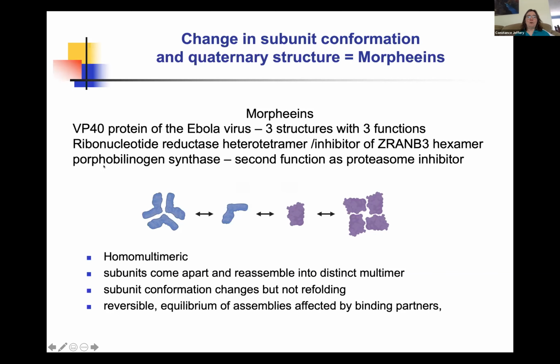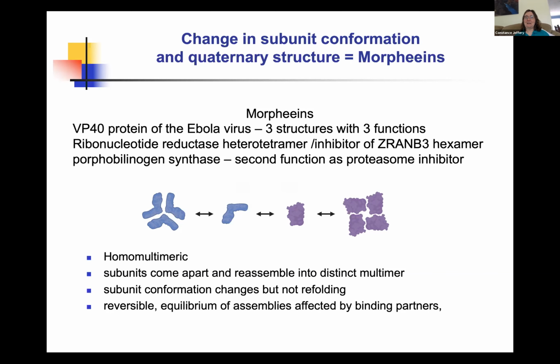Now, porphobilinogen synthase is an interesting example of the prototypical morpheein that undergoes changes in tertiary and quaternary structure as a type of regulation. But it's also a moonlighting protein because in addition to this, it has a second function